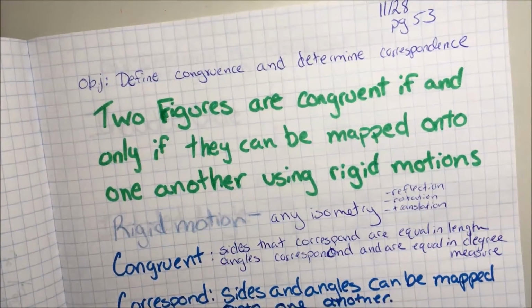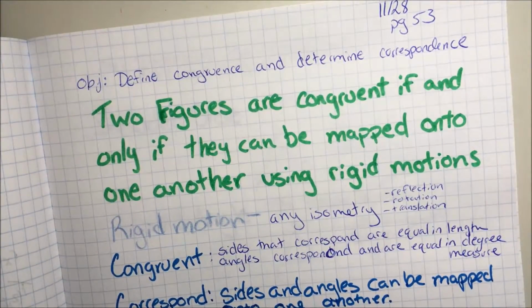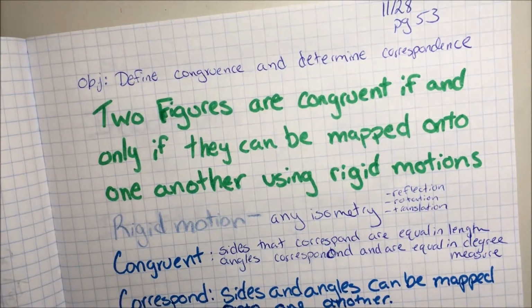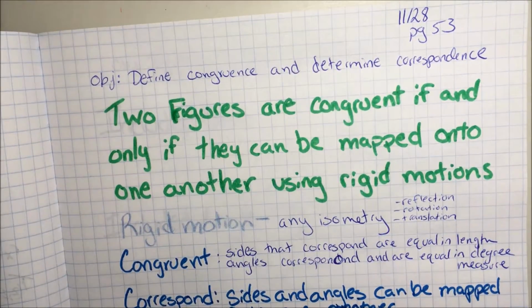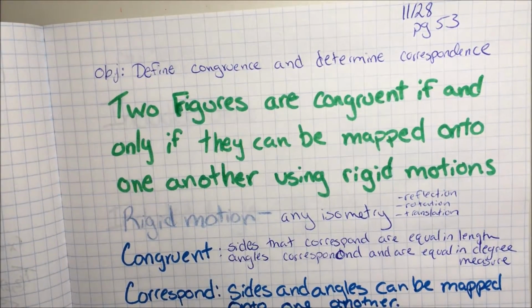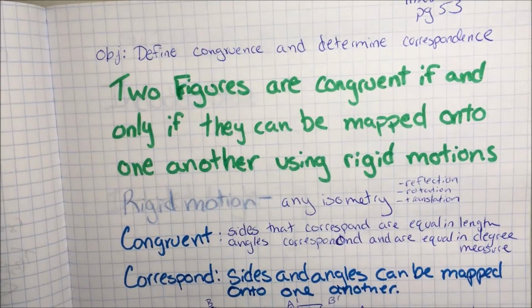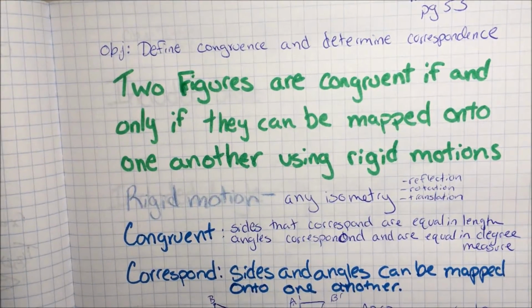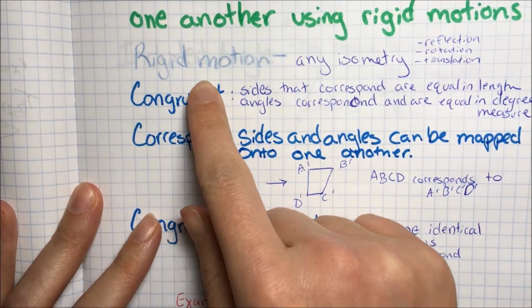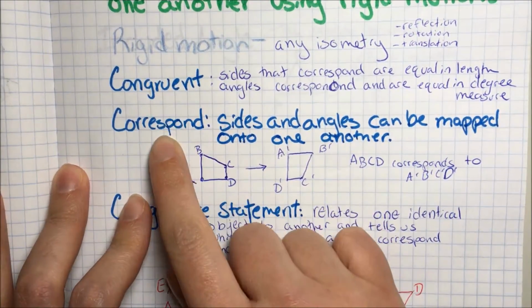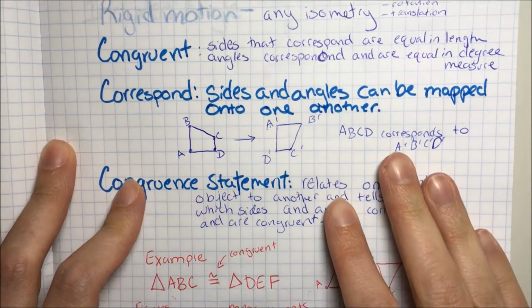So I wanted to go over the notes that we took today in class, as well as add some notes to them for tonight. So we started with the objective of defining congruence and determining correspondence. We said two figures are congruent if and only if they can be mapped onto one another using rigid motions. Then we defined what a rigid motion was, what congruent meant, what corresponding meant,